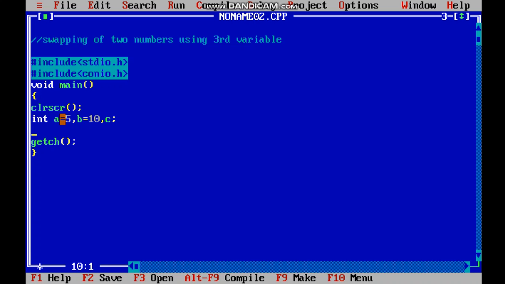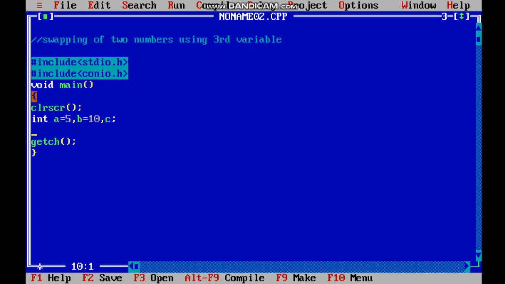As soon as I initialize a equal to b, b's value will be inserted in a and a's value will be lost. But from our first step I already shifted a's value in C. Now there are two variables which have the same value. A will also be having 10 and b will also be having 10, right? And again I'll use the logic b is equal to C. Then we will get our result.